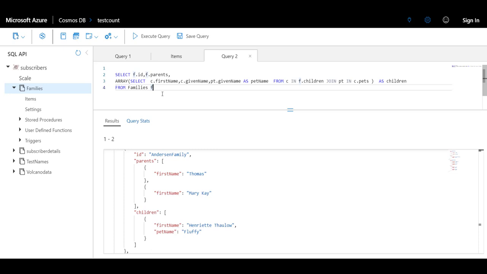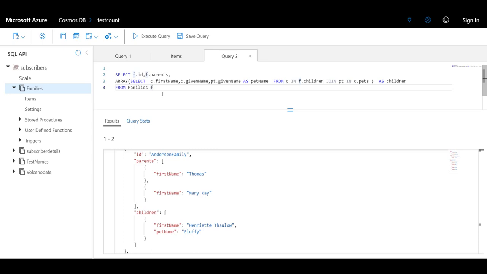So for that purpose, inside we are basically selecting children.first name, children.given name and pets.given name from children and joining onto c.pets. So it's going to iterate for each of the children nodes and go inside the pet nodes inside them for retrieving the names of the pets.